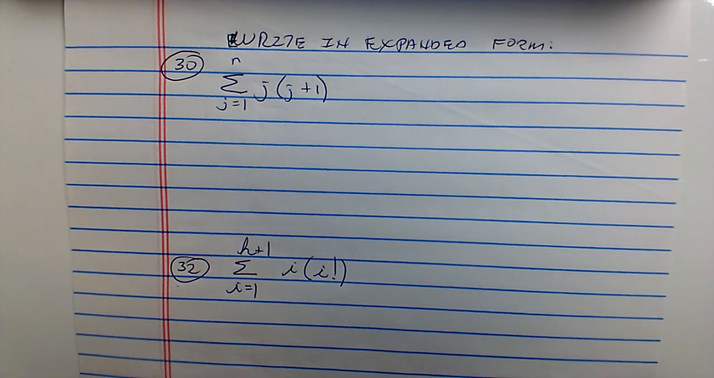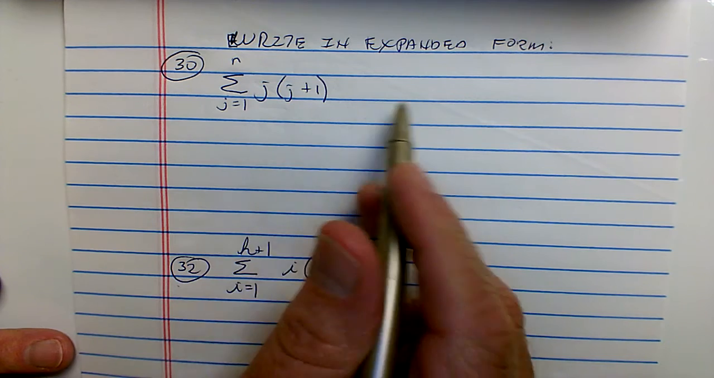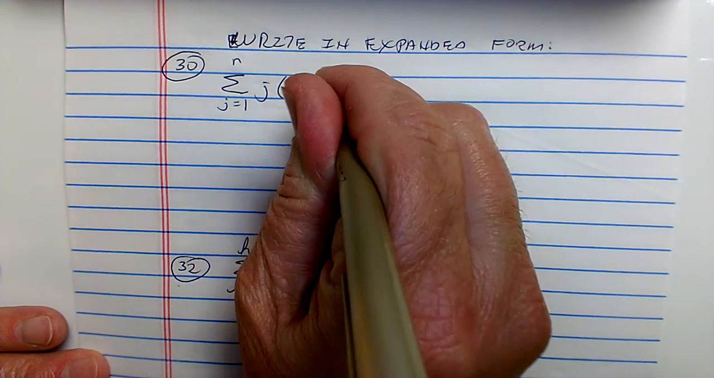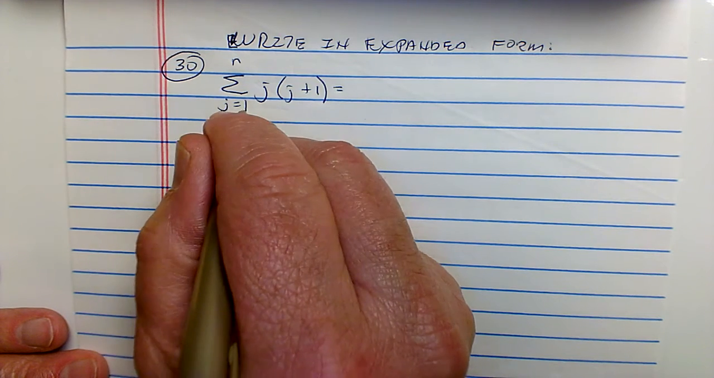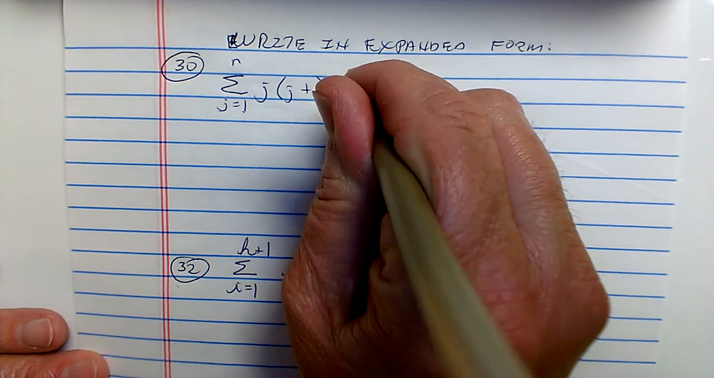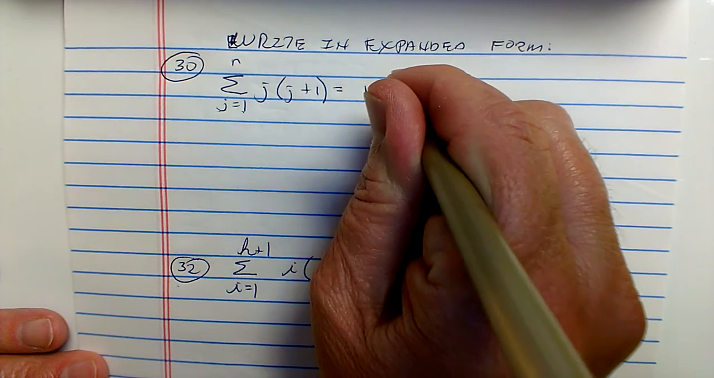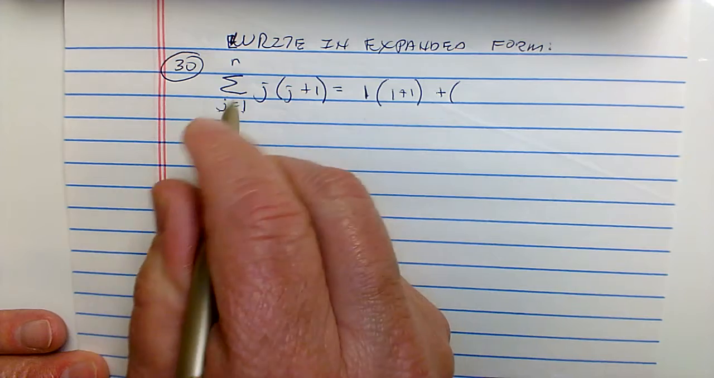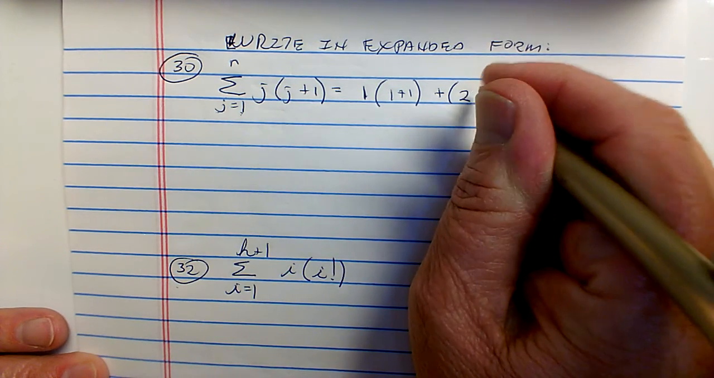You should be able to translate between things that are in the summation notation and writing them out in the expanded form. If we do this just one term at a time, it's not too tough. Here, the initialization starts at 1. So the first term is going to be 1 times 1 plus 1. The next term is going to be 2. So it'll be 2 times